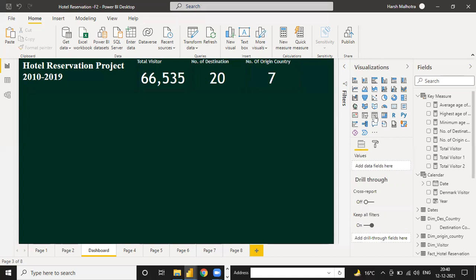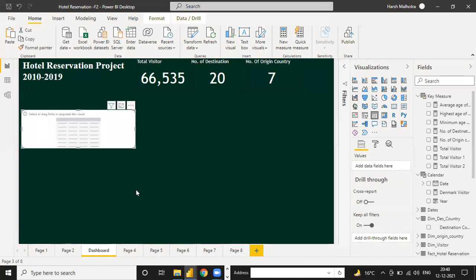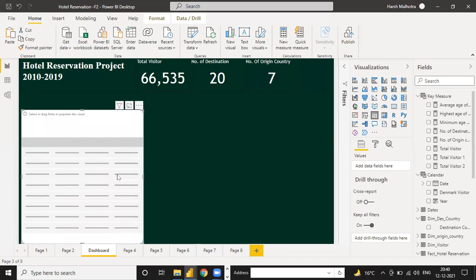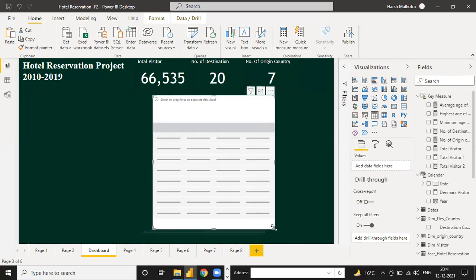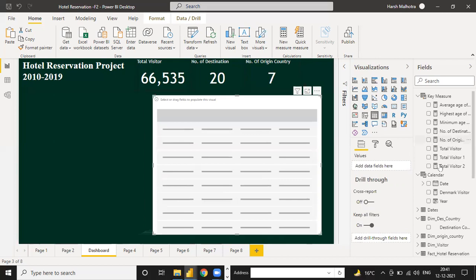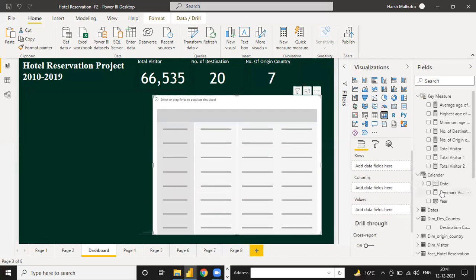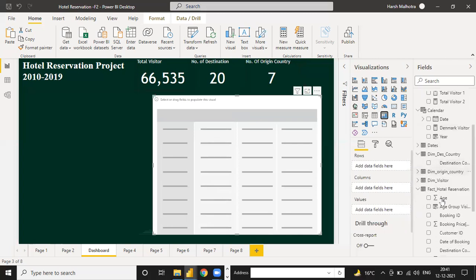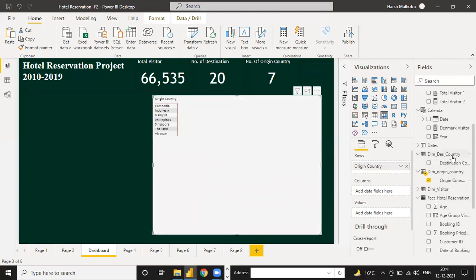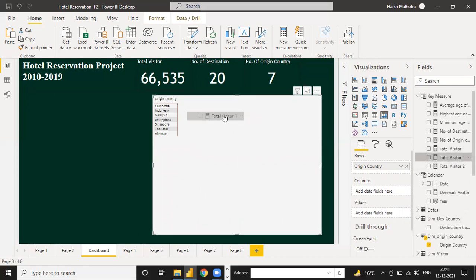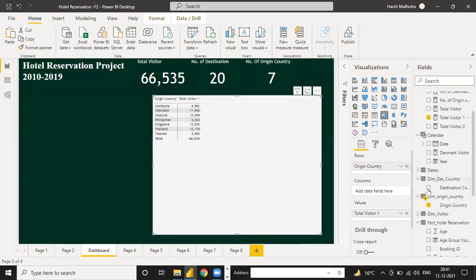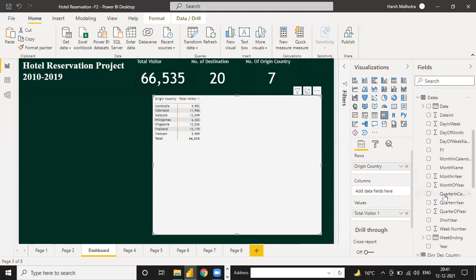And now I want to discuss one tabular presentation. On the right side, under this, this is the table, the matrix table we want to use. Go to this origin country, total visitor, it's 66. Okay, select this dates table.